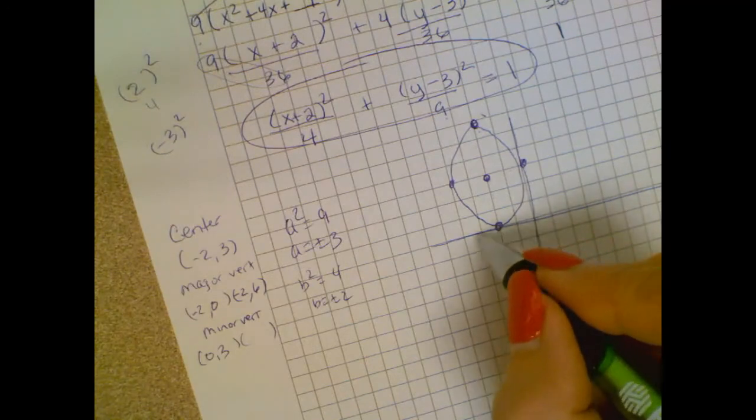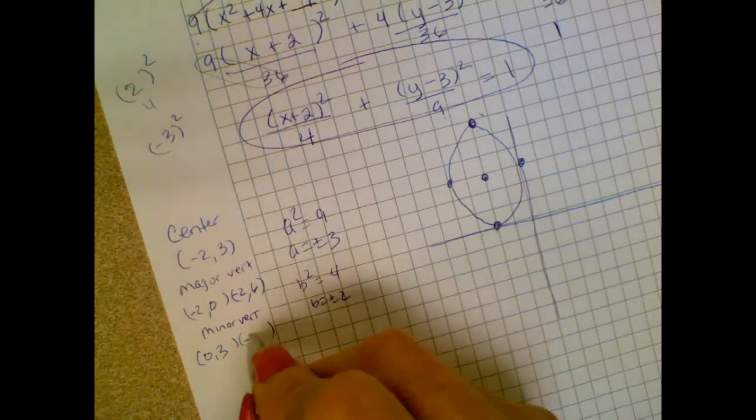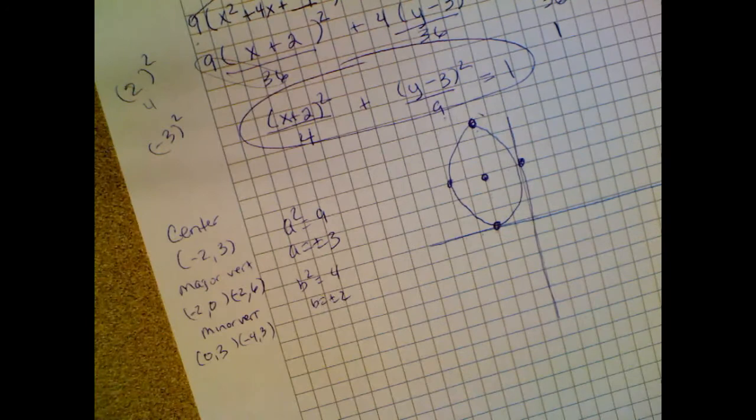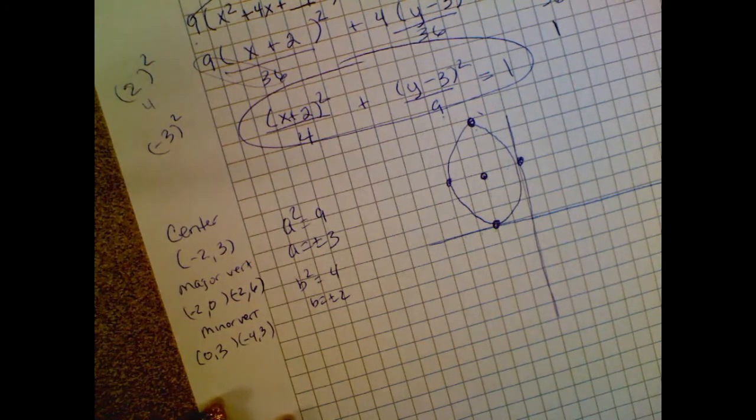And 1, 2, 3, 4, 1, 2, 3. -4, 3. Those are your minor vertices. This problem also says to find your foci. So your foci